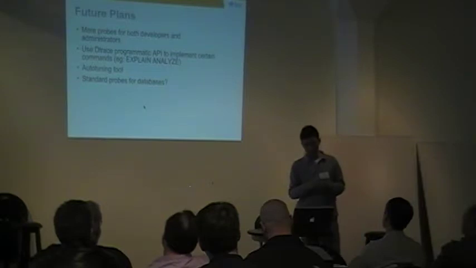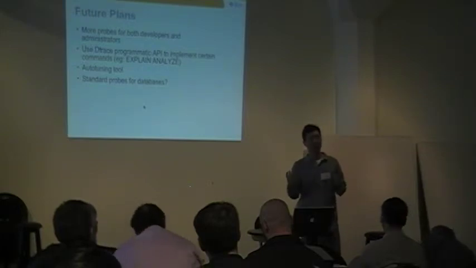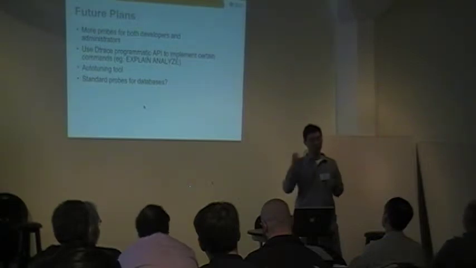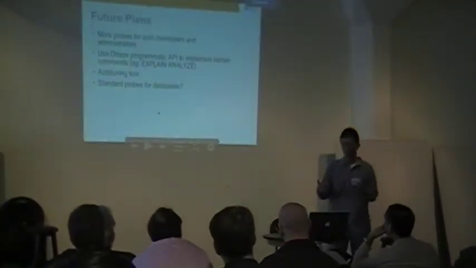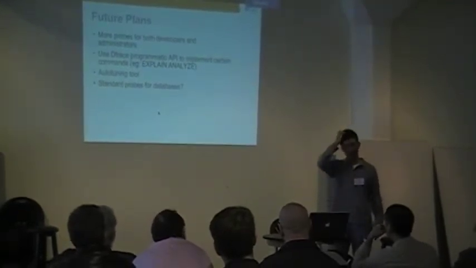And we've been thinking about an auto tuning tool, because Postgres has this huge configuration file that you have to tweak to get the best possible performance. So we're thinking, maybe using dtrace, we can identify areas where dtrace can help tweak the configuration file. And then, there's also talk about